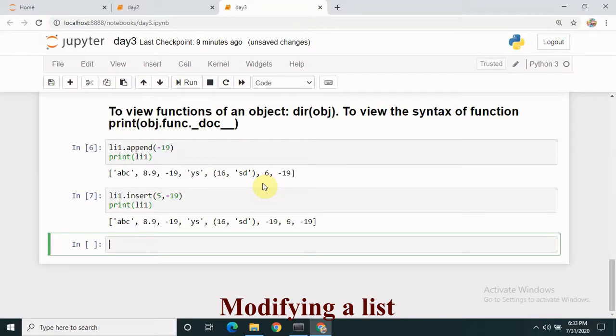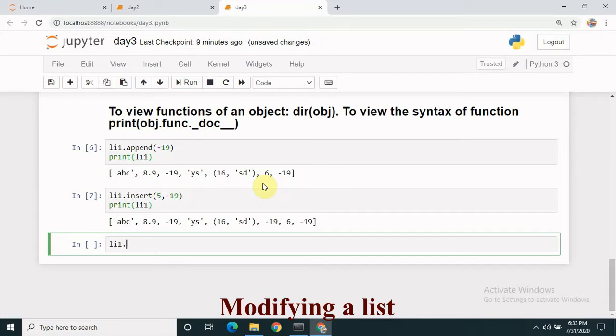Okay. Next interesting guy is extend. Append and insert both were capable of putting one element into the list. Extend is capable of putting multiple elements, but only at the end.